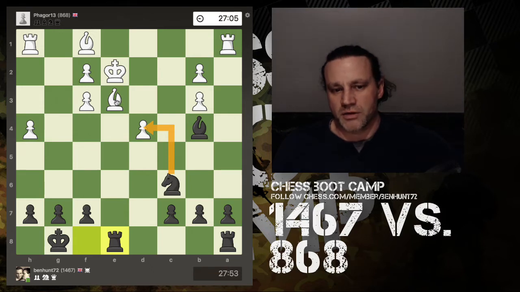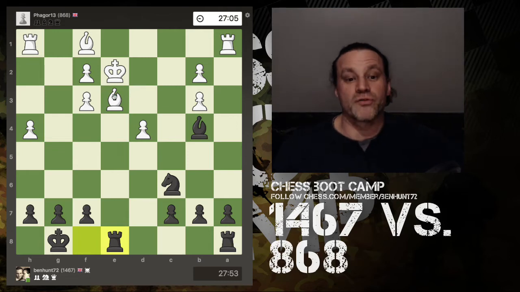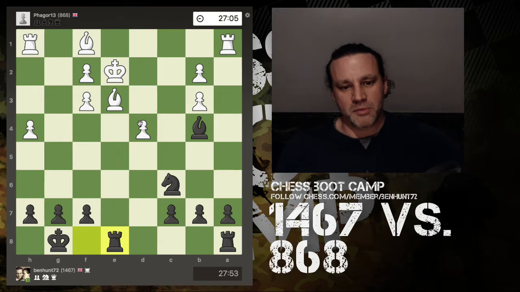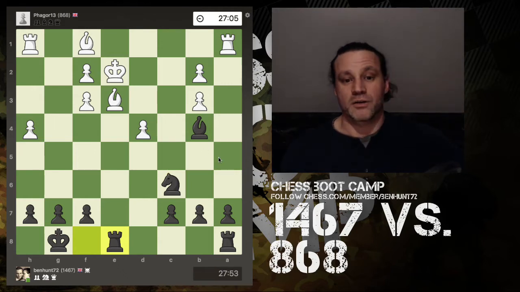And the reason is that the only defender of that pawn is this bishop here. But with moving my rook to e8, that bishop is now pinned. It's in an absolute pin. It cannot move anywhere because it would put the king in check, and you can't do that. So that's my idea. Now the question is, does my opponent spot the idea, and then what can he do